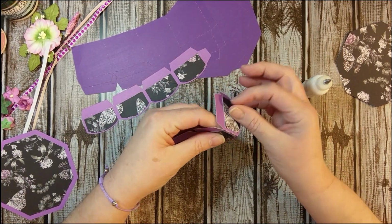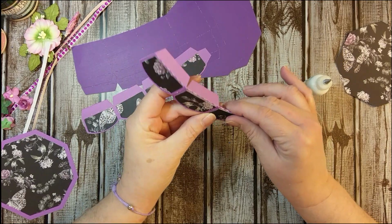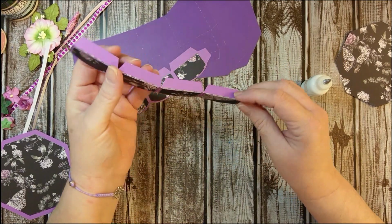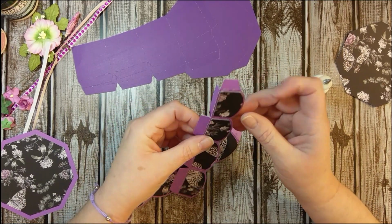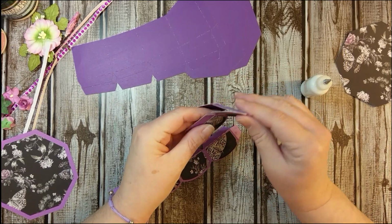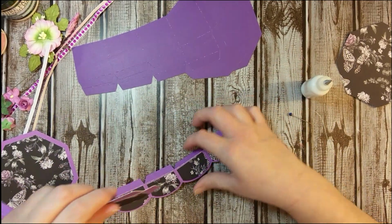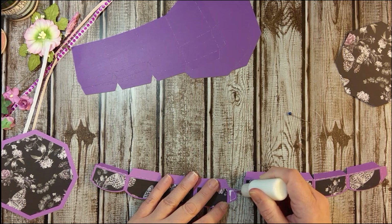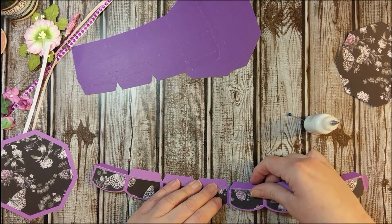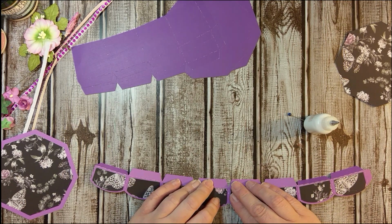So I want to fold on all the score lines. Okay, and score on this one. Now there are two ways that you can do this when you're putting your box lid together. So first I want to make this one long strip. Okay. My glue seems kind of watered down. And I did find that this paper is a little slick, so